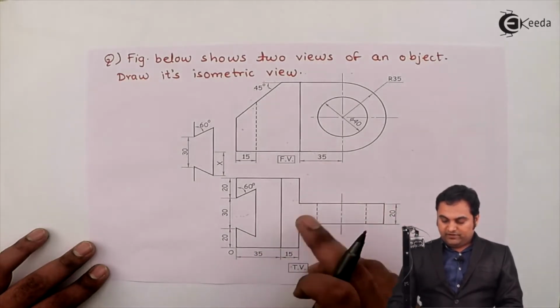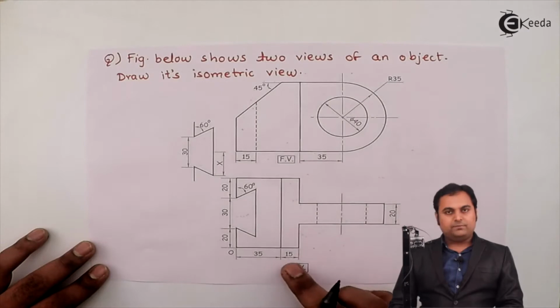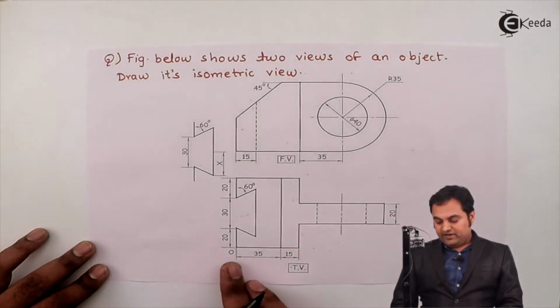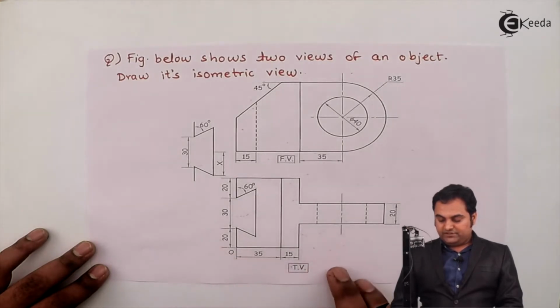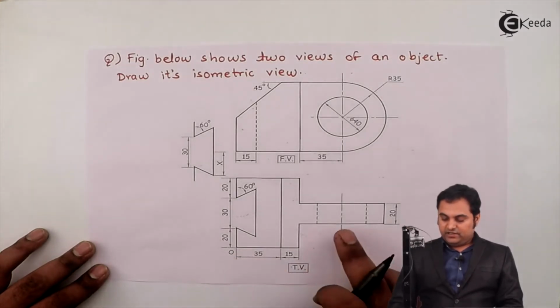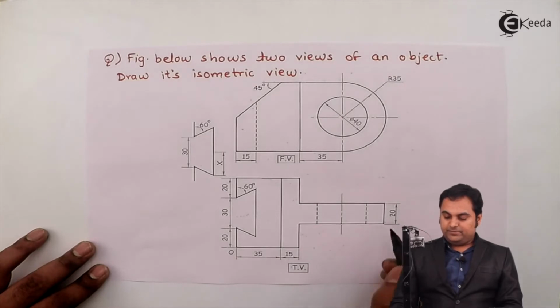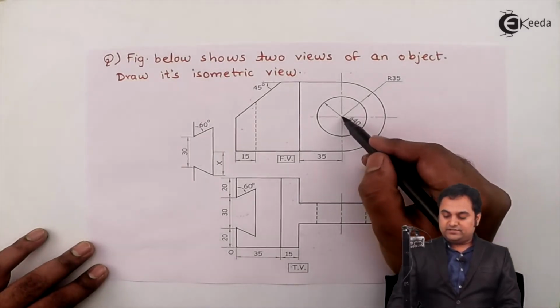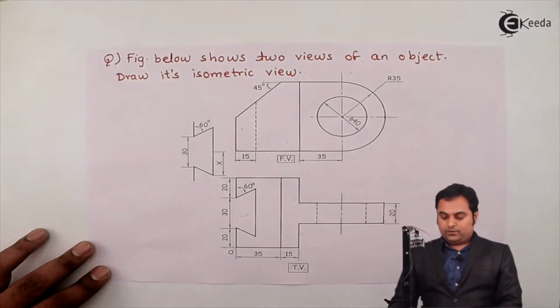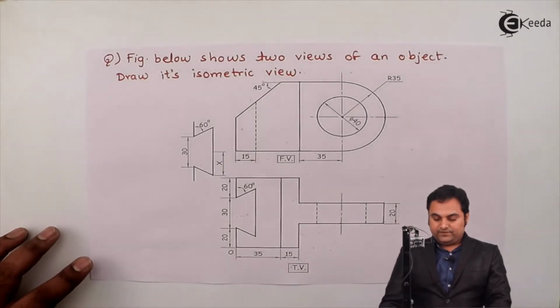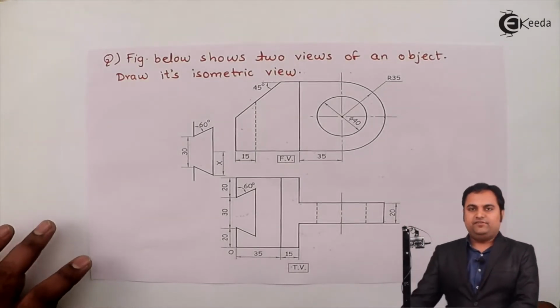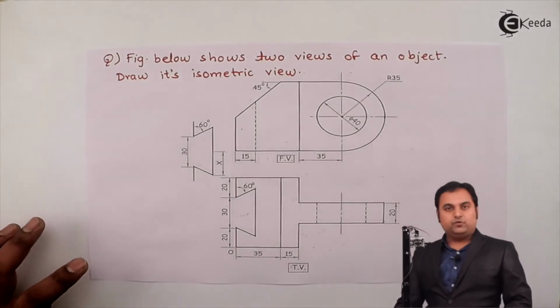So 35 plus 35 is 70, plus 15, so 85 mm from origin or point O to the center. After this center up to the extreme end, we have the radius as 35. So after 85 mm, we add 35, and that gives the value as 120 mm,